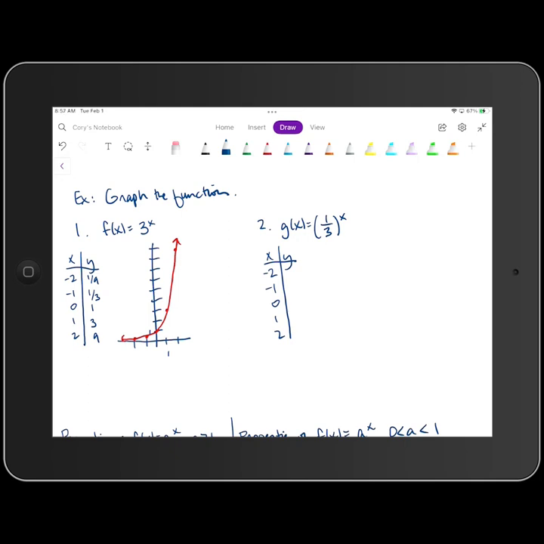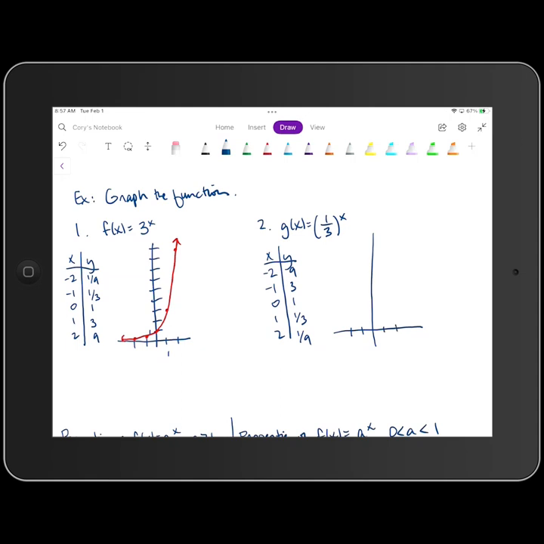When we plug -2 in the place of x in our function, 1/3 to the -2 power is 9, 1/3 to the -1 power is 3, 1/3 to the 0 power is 1, 1/3 to the first power is 1/3, and 1/3 quantity squared is 1/9. So we're going to take those 5 points